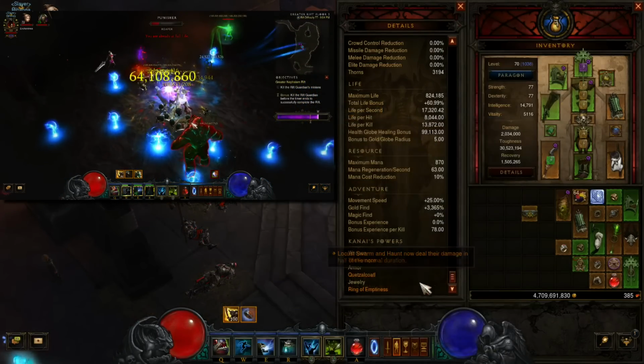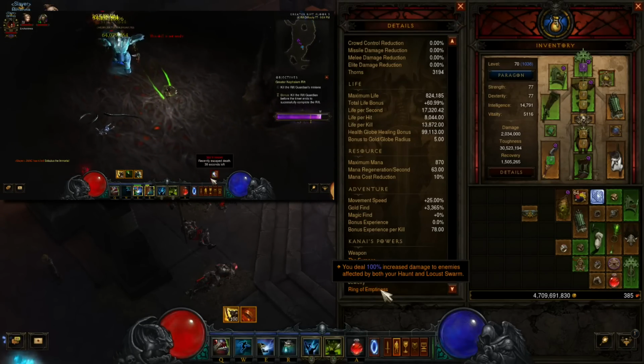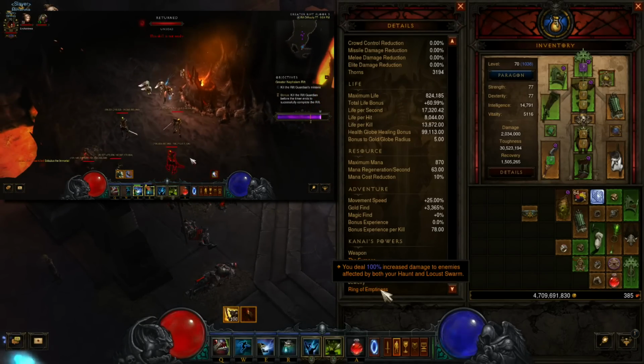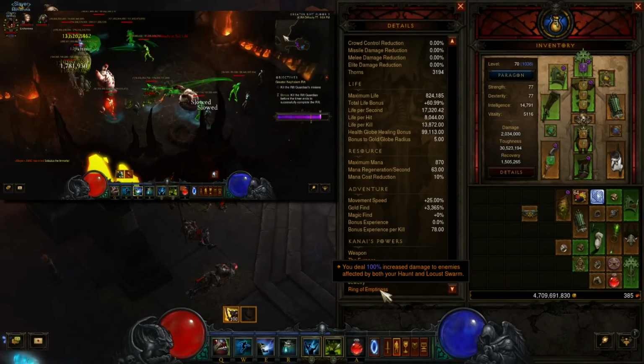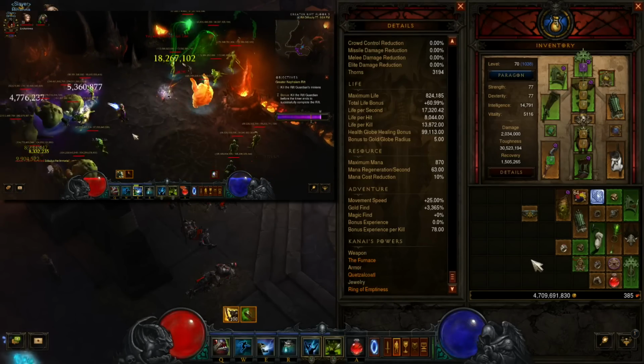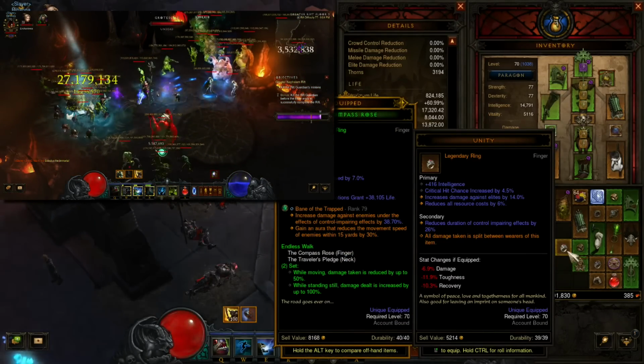And then our other jewelry slot is in the cube, the Ring of Emptiness. You deal 100% increased damage to enemies affected by both your Haunt and Locust Swarm. So just a huge damage multiplier right there. And I have seen some people running Unity, and this was ran a lot, especially early on in the PTR, but